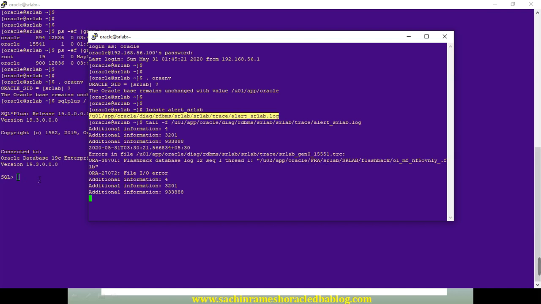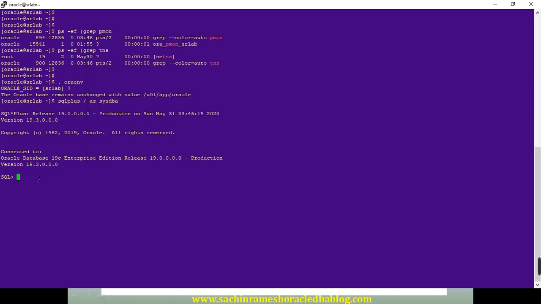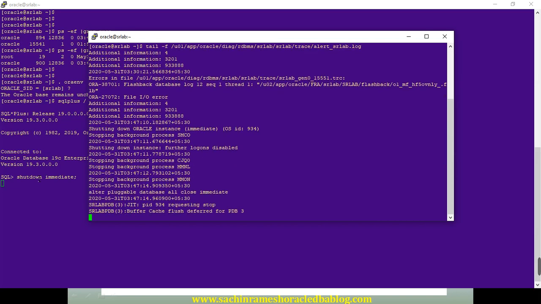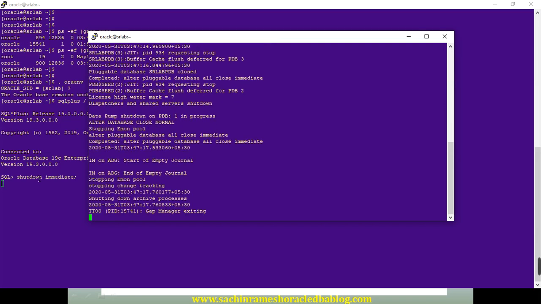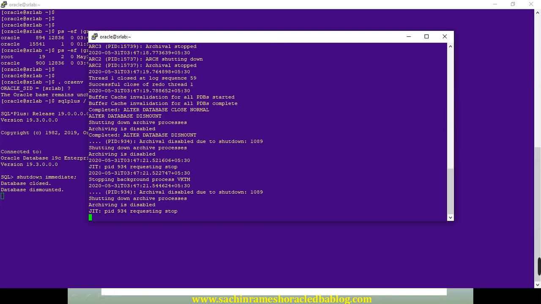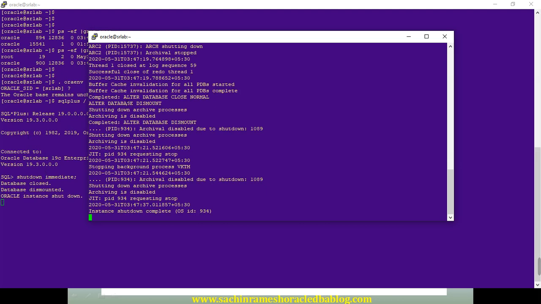Okay, now I'm going to issue that shutdown immediate. What is happening here? You can see the files getting closed, the database gets dismounted, database shut down.